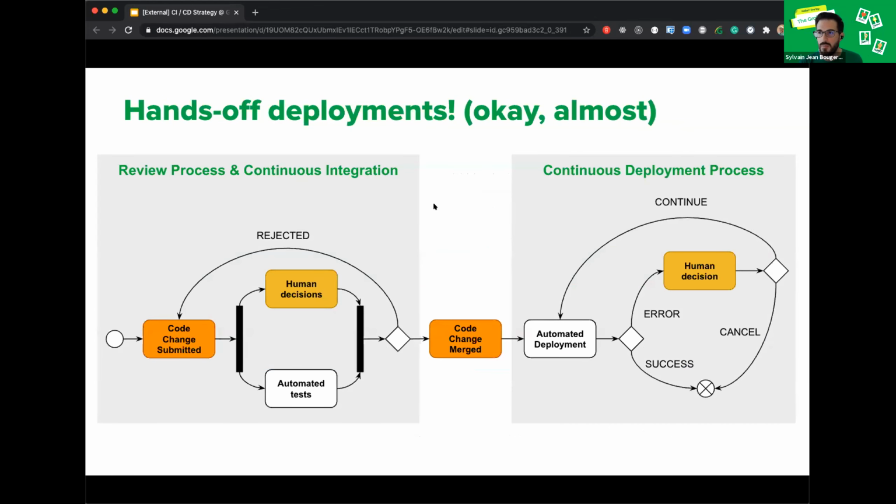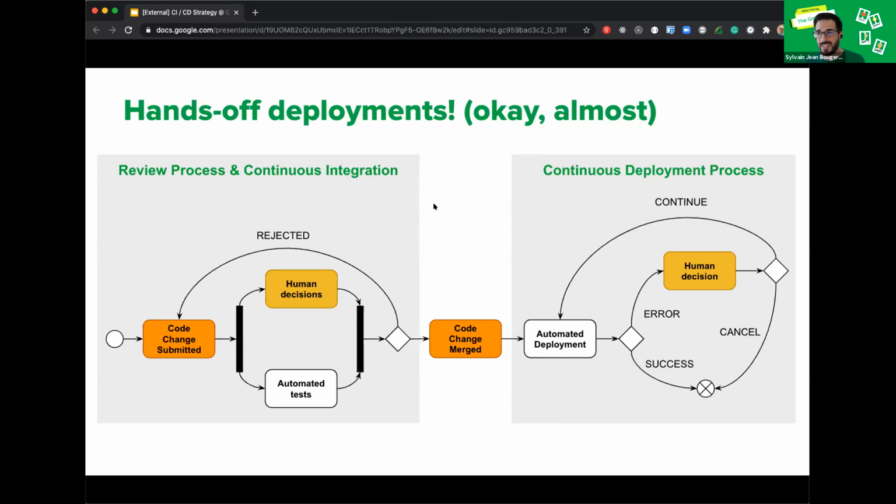So the main idea was to go with hands-off deployment. What are hands-off deployments? The principle is simple. You shift left as much as possible, meaning you try to do most of the thinking process and resolution of decisions ahead of the merge during your code reviews. Try to express as much into code as possible, do all of the human decisions that you need, run your automated tests as part of your build process, as Biju already covered, but as soon as you merge, the automation takes over. And there you should not think about deployment anymore.